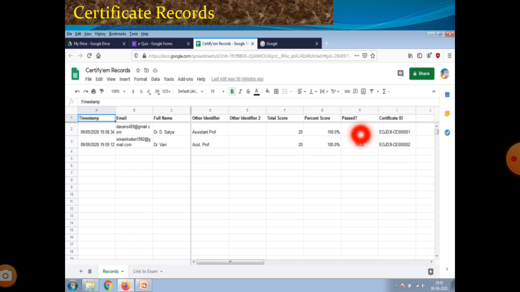Participants who participated in the program, what percentage of score they scored, certificate ID, their designations, their institution place, all these things are shown in the certificate records. Based on the quiz form the records are displayed.